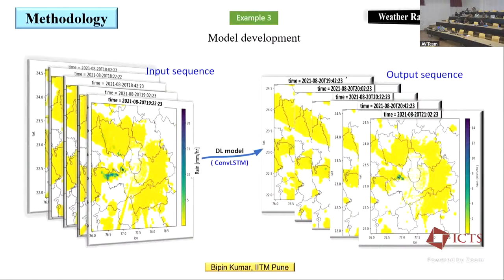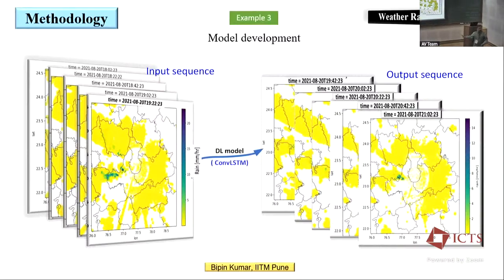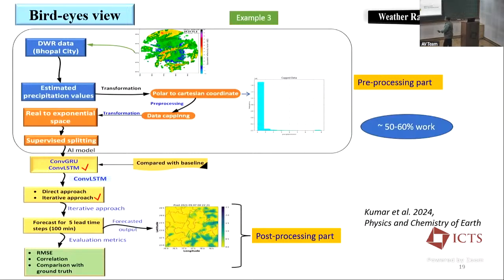Here I am saying this is the input sequence. In this case, I took the 5 previous and am giving the 5 next. But it is not that I am giving 5 directly now. This is the final output. So this is 1 by 1. I don't have all the details because I'm not discussing the model here, but I'm telling how we are doing it. So this is the 5 time steps I took, and I got 5 outside, in terms of the iterative approach.